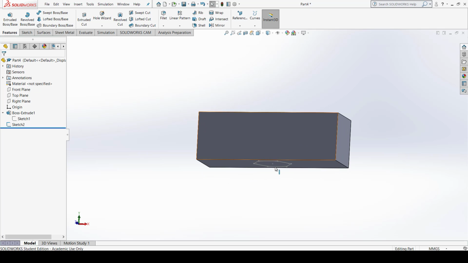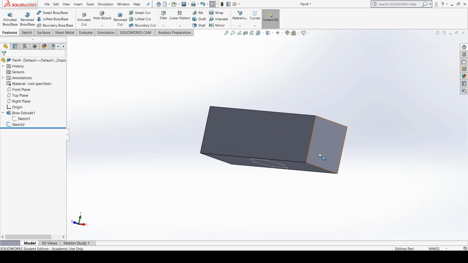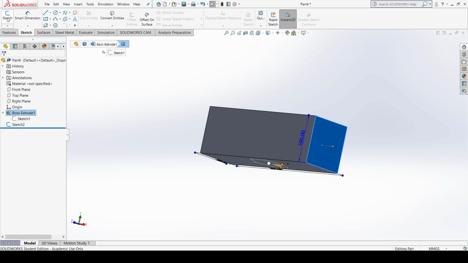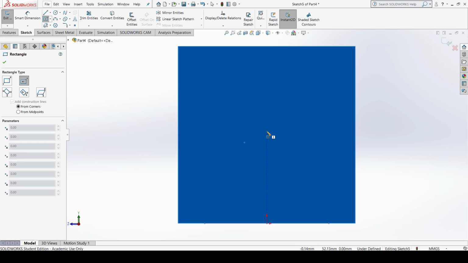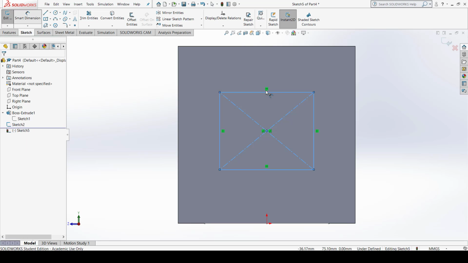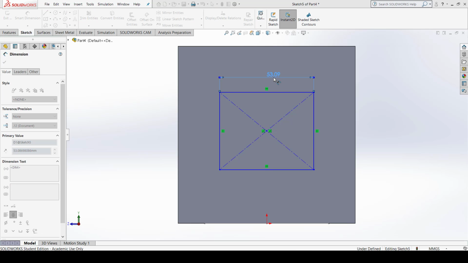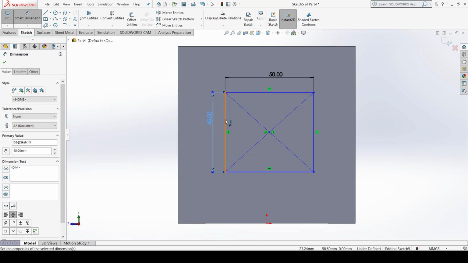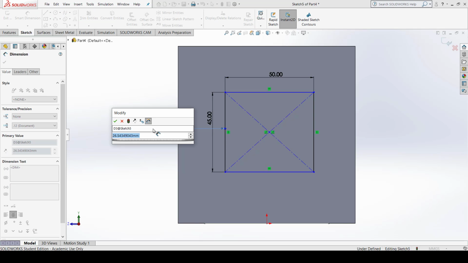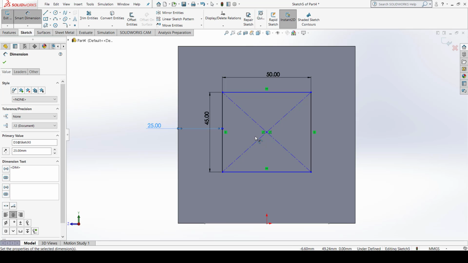Okay, so this is the bottom profile which I created, a hexagon, and now here I can create a new profile. Let us create a rectangle here or a triangle here. So select the surface, go to sketch, exit the sketch. Okay, now control it. Now I just create a center rectangle here. Let us give certain dimensions to it. Let it be 50, and this should be 45, and the distance from this edge should be 25. Exit this dimension.